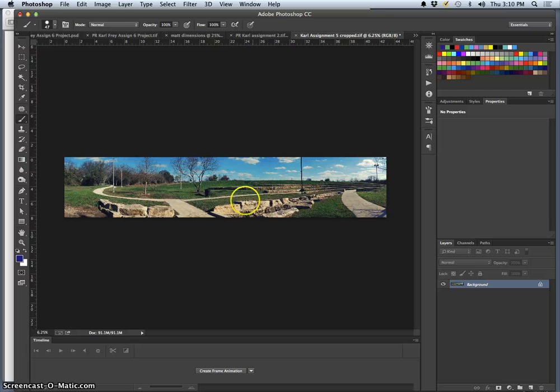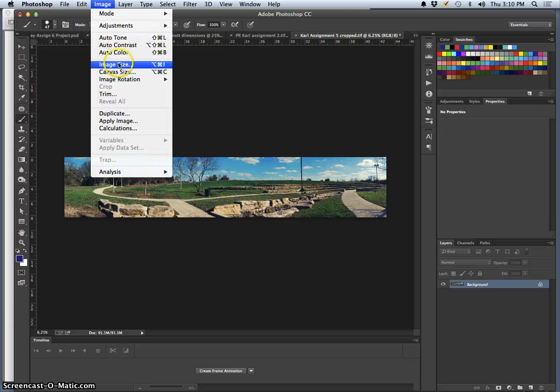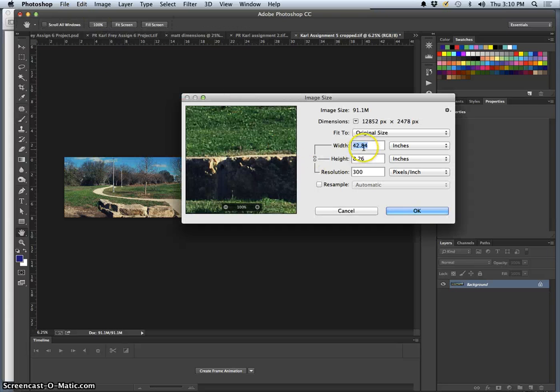Right? Now I can flatten the image, and now I go to Image Size. And this is very long, not very tall, at 300 pixels per inch. So the first thing I